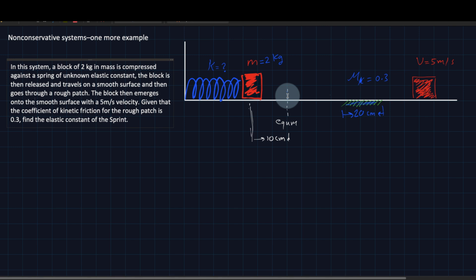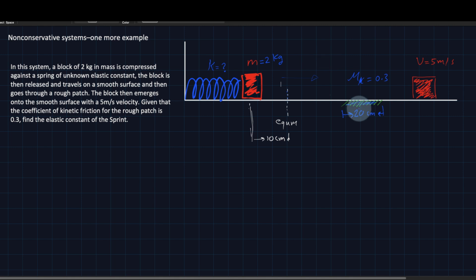It's a nice problem. It has a block that has been pushed against the spring beyond its equilibrium position. And this spring, we don't know what its elastic constant is. The block is 2 kilograms. Then the block is released. So the initial velocity is 0 and the block goes all the way like that, is launched with a certain